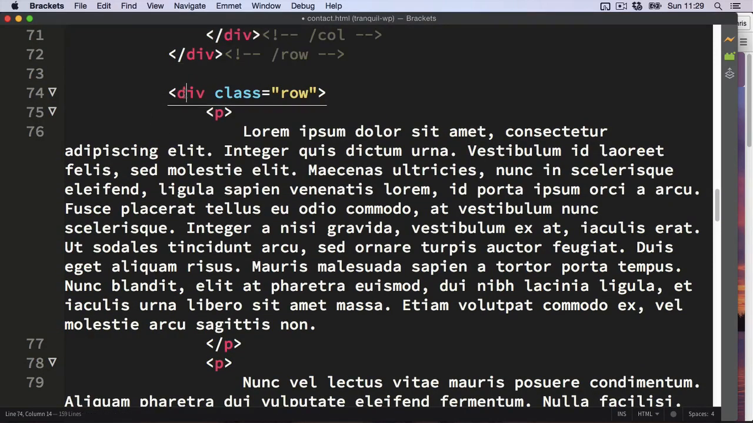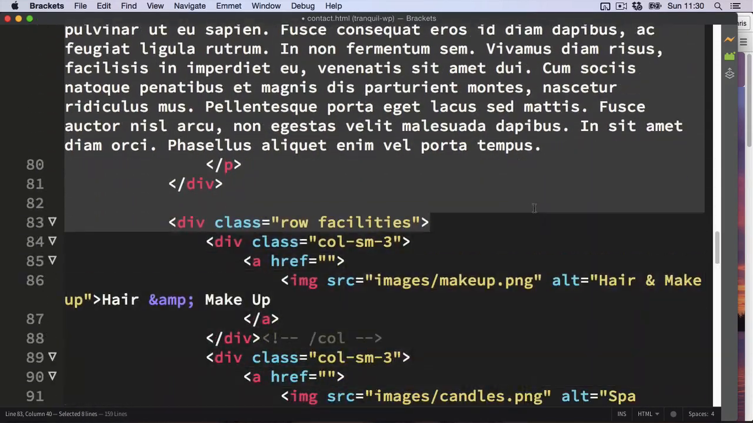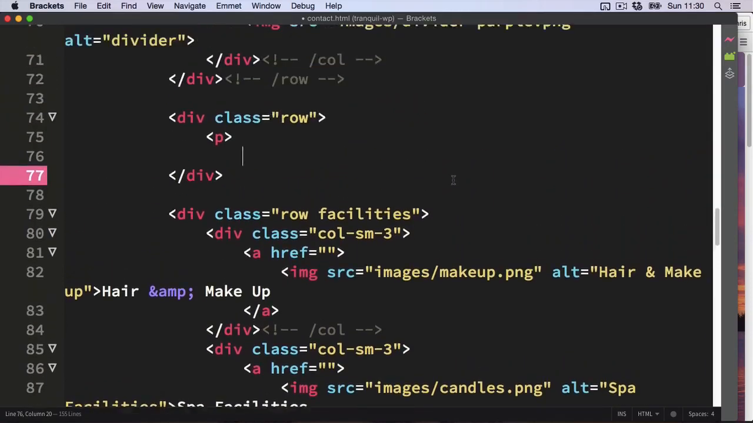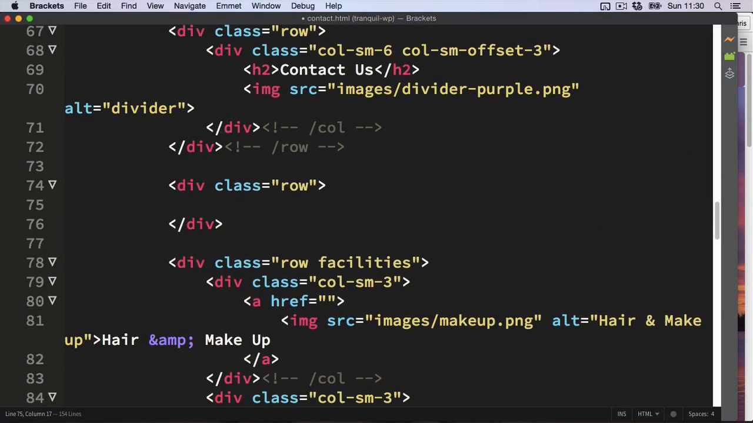And the following row with the text, we can delete all the text for now, we don't need that. But we can keep the row and we'll reuse that. So within this row, this is going to be the two 6-column sections. The one on the left will have the address, and the section on the right will have the Google Maps iframe. So let's start by creating two new divs with a class of col-sm-6,